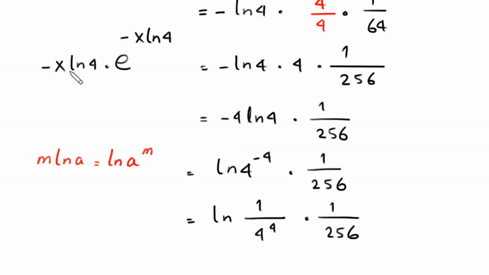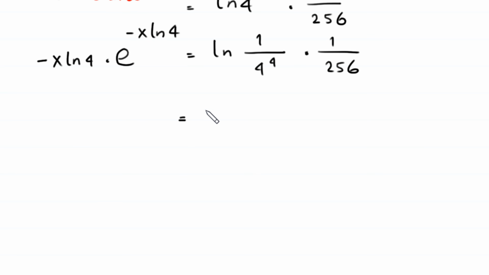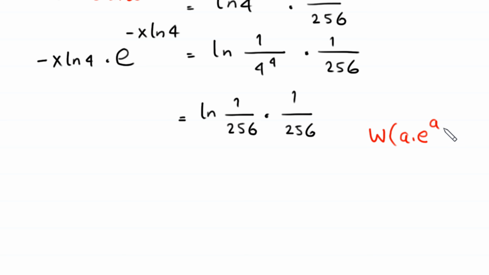At left hand side we have this expression negative x times ln of 4 times e to the power negative x times ln of 4. Next, ln of 1 over 4 to the power 4 will become 1 over 256 times 1 over 256. Now to use the Lambda W function, that is W function of a times e to the power a is equal to a,